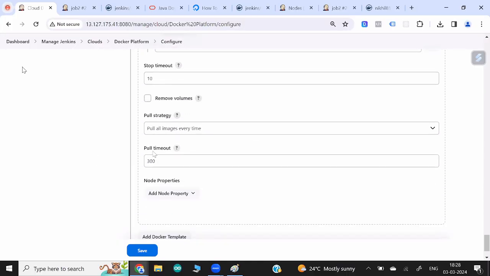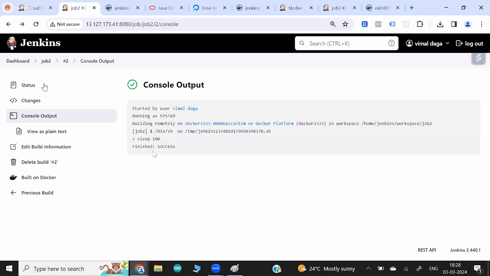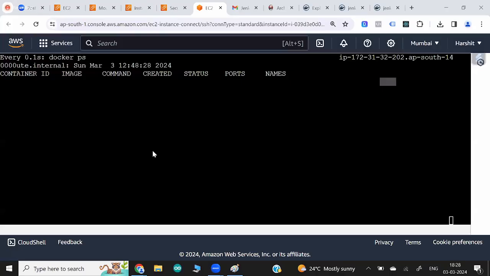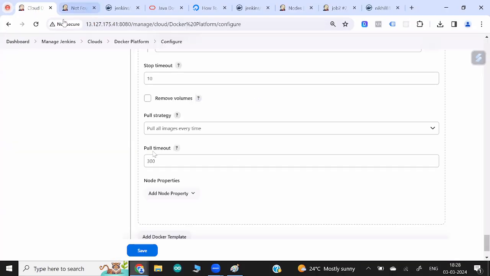That's all, guys. So this is about dynamic provisioning. I think you got the point, right? A job comes up, they launch on the fly, run your things with whatever commands are available in this container. Then that's all. And after the job completes, your environment will be destroyed. Here you can also check, or here you can say they have been destroyed. But if you run your job one more time,